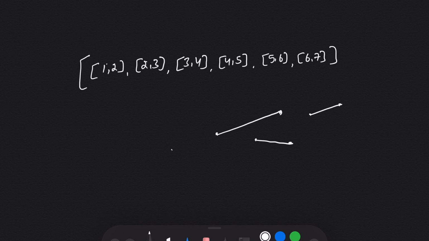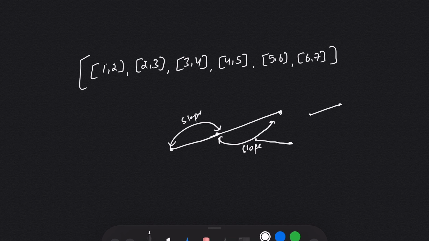But if you are given 3 points, now what? For that, take out the slope of the first and second and the third, and match the slopes.